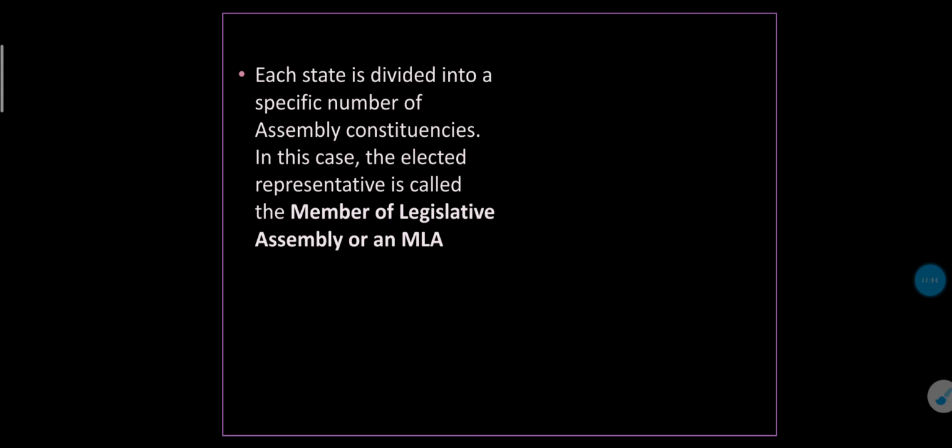Not only our country is divided, but each state is also divided into a specific number of assembly constituencies. For example, West Bengal is divided into 42 constituencies, Tripura has 2, Goa has 2, like that. Each state is divided because elections are also conducted within the state, that is panchayat election, municipal election, then Vidhan Sabha election. So we also need to divide the constituencies of our state.